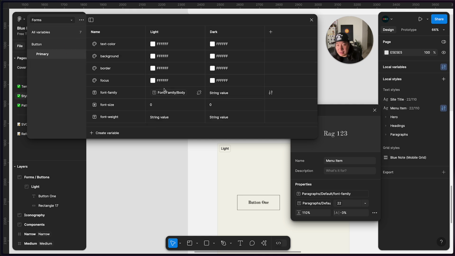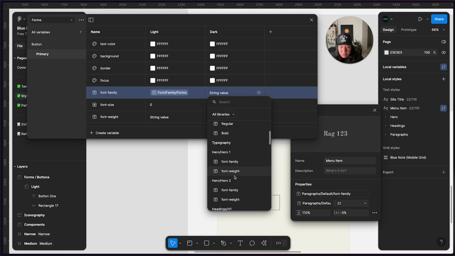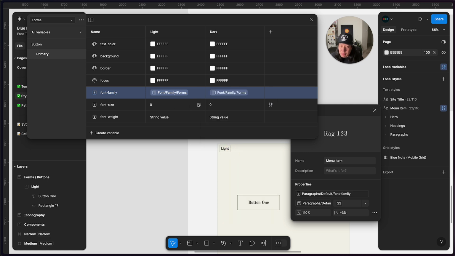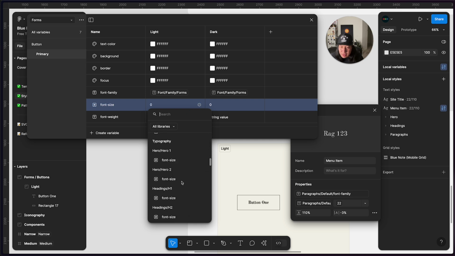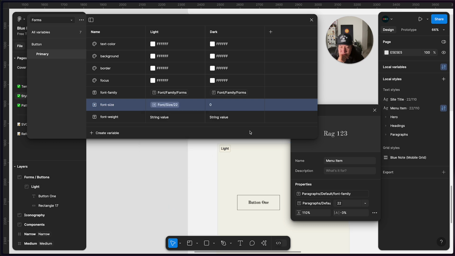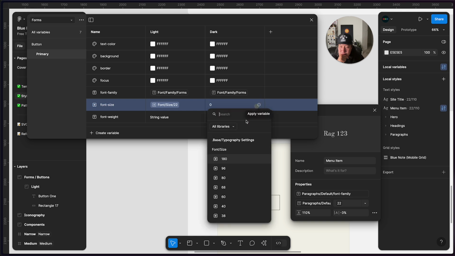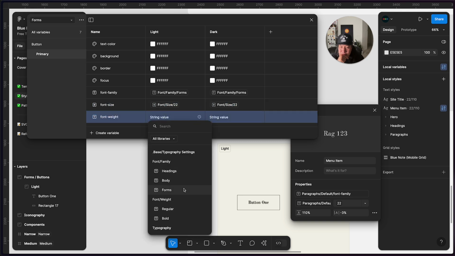So I will do that, and this one is going to be forms, and this also, of course, I'm gonna use forms. Where are you, forms? Here. And I want to make sure that the font size is gonna come from the forms. So that's the thing, we don't have that for this one. Let me use directly the font size from here, that is 22, and I will use 22 for now. And the font weight is gonna be